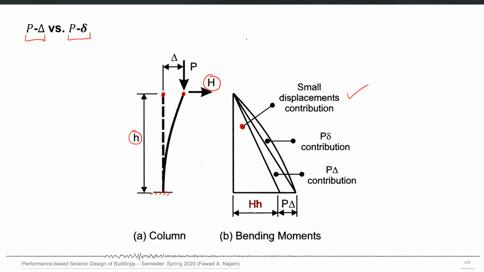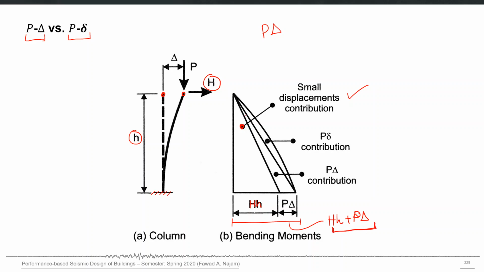But if you consider the P-delta effect, the P capital delta effect, the base moment will be equal to H into h plus P into delta. So the second order moment is also added to the base moment. So the P capital delta analysis will give you this base moment.